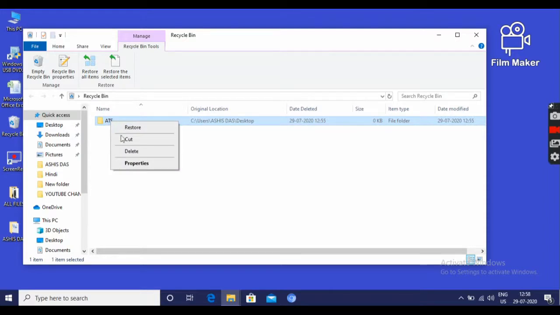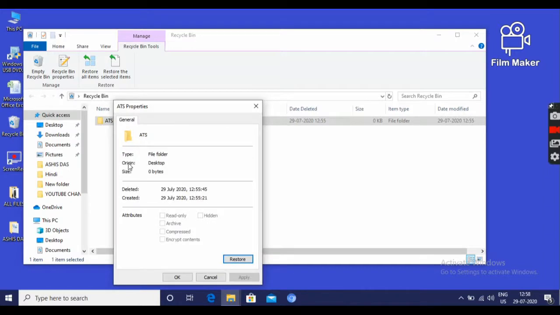Then next option, right click on it, then click on properties. By clicking properties, it will show a dialog box appearing the deleted date and time and created date and time. We can know the deleted time and also created time, and we can click on restore option.